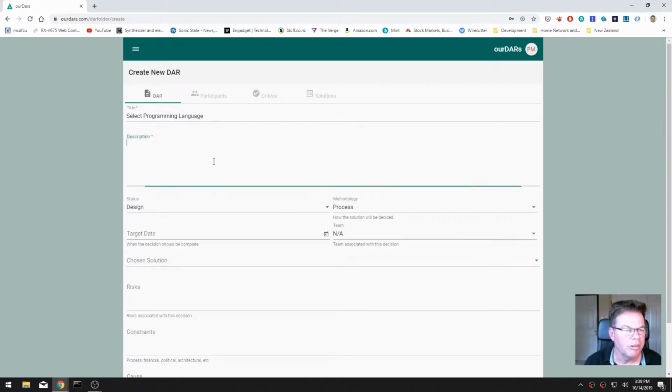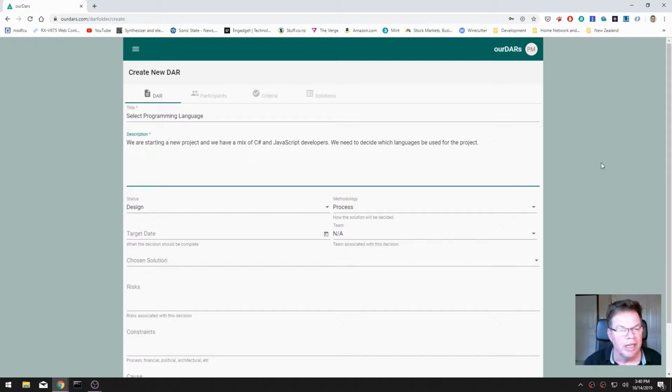We enter a description or more information about the DAR. Okay, so we say this team's making this decision because they've got a mix of skills inside the team, C# and JavaScript developers, so they need to decide which way they're going to go with